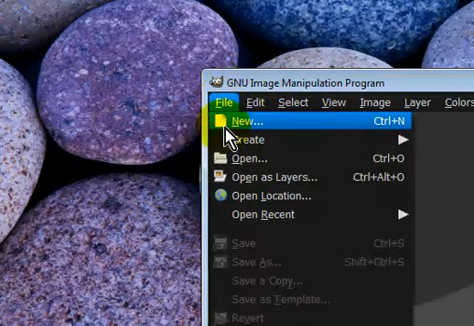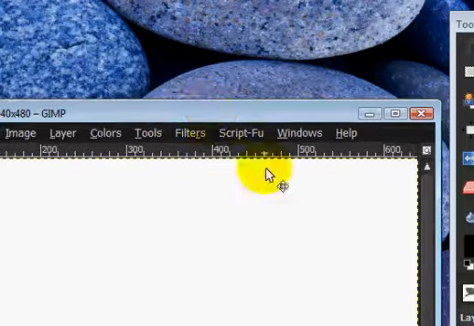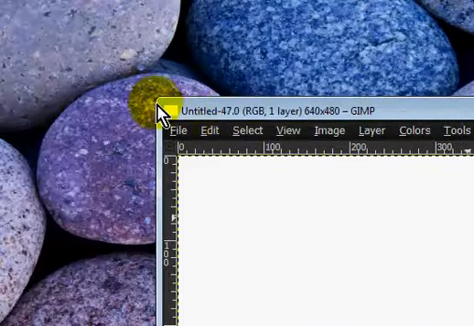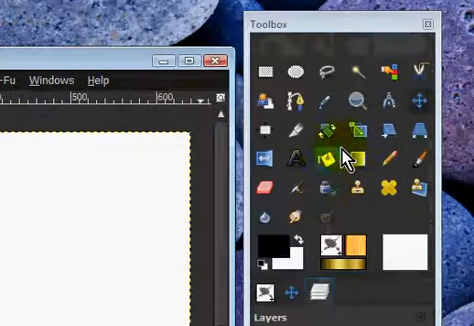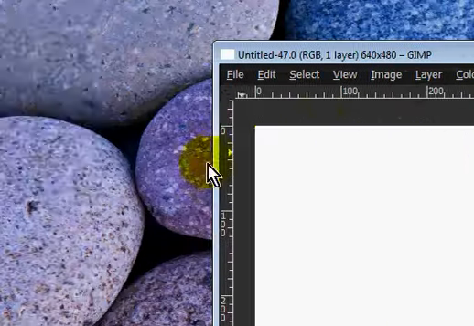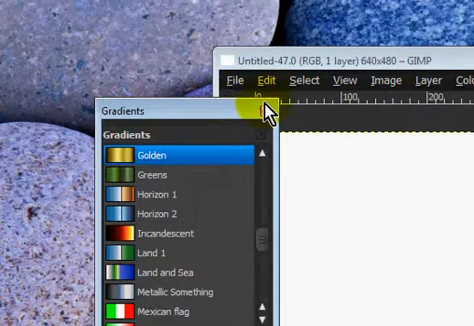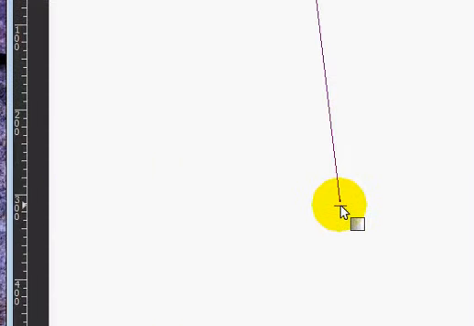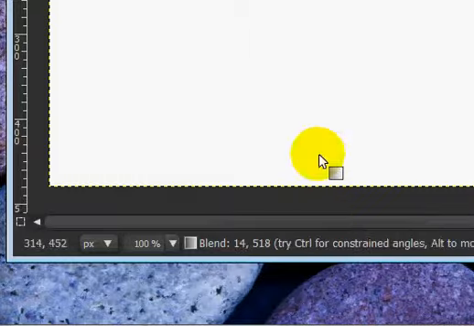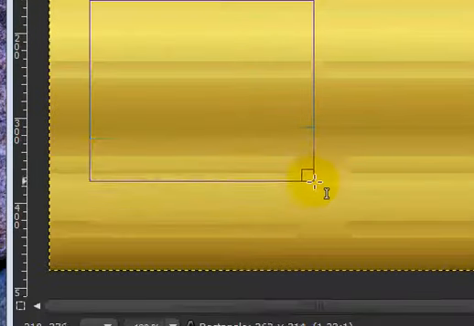Okay, file, new image, 640 by 480, standard size. I feel like I've been saying that a lot. Okay, you're going to make this image a little bit larger just to add a little bit of border around it. That way, when you stroke down with the gradient golden, you get a full gradient. Next, you're going to write your text